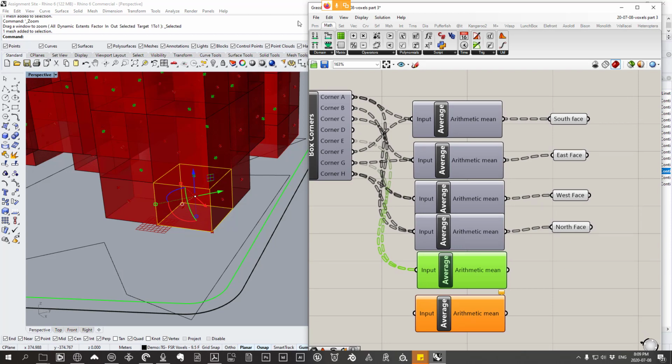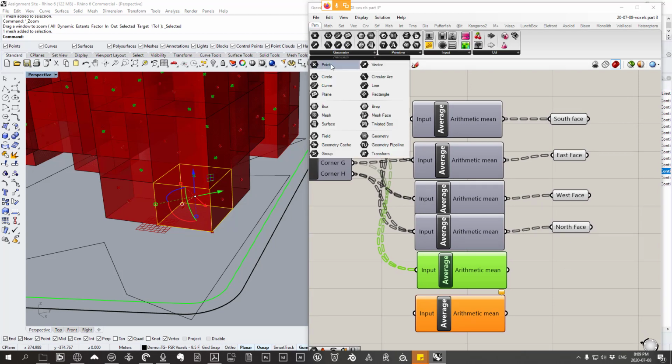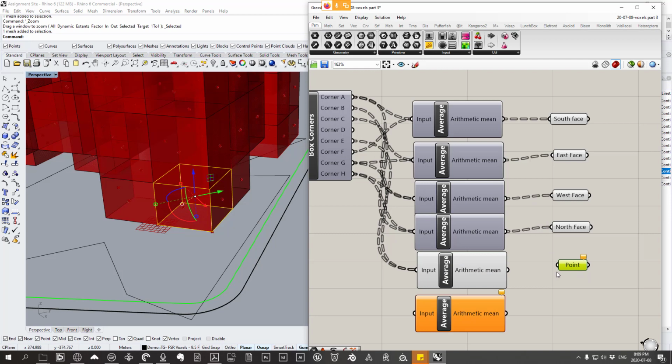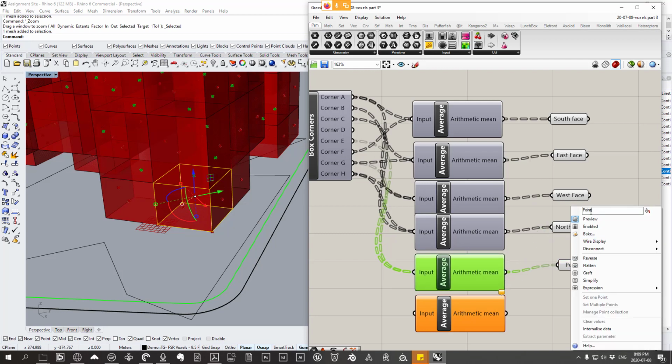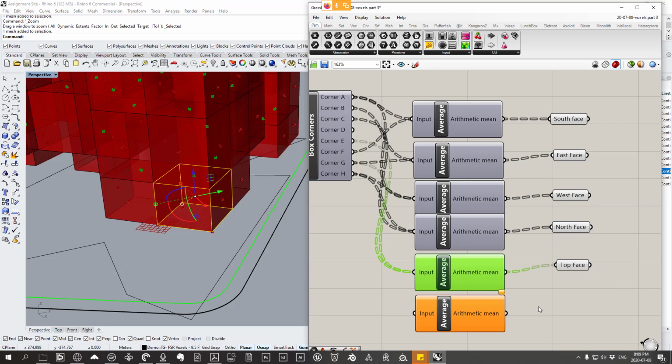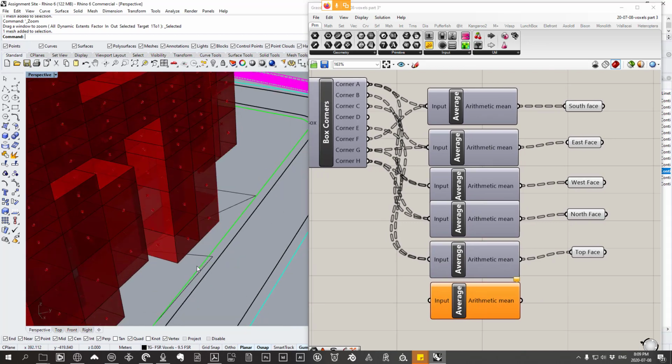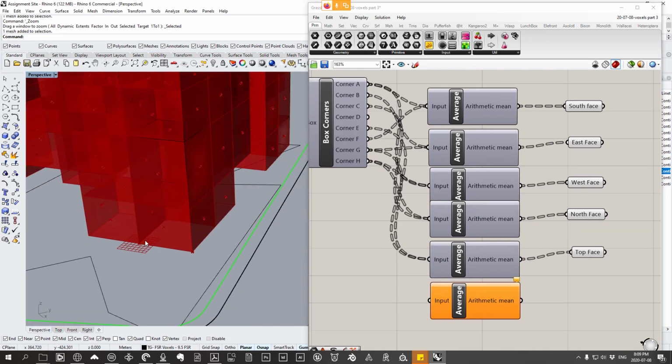So just to keep track of that, let's go to parameters, geometry point. Take our arithmetic mean, plug into point, right click that point and call it top face. We can preview off this. And then finally we need our bottom face, so that can be the average between, let's say, min, min, min,